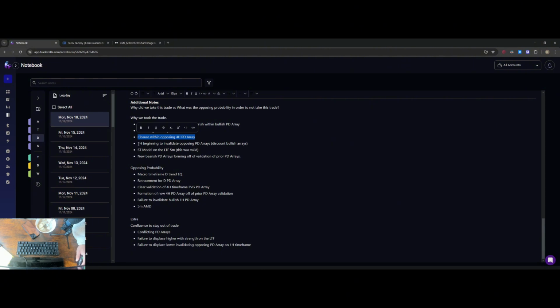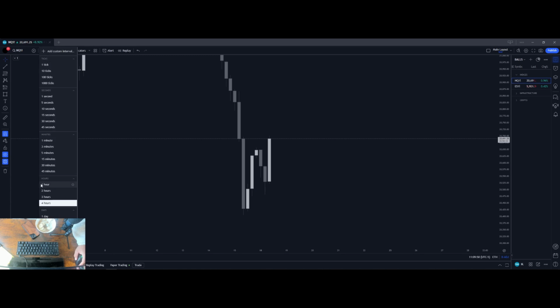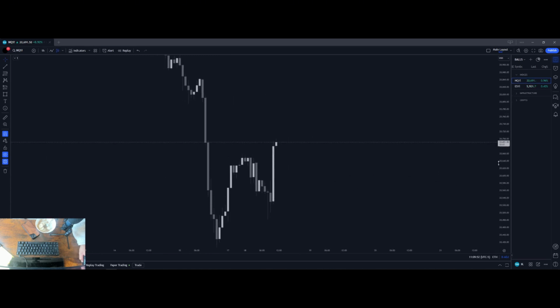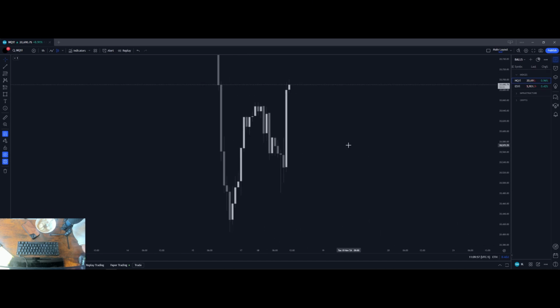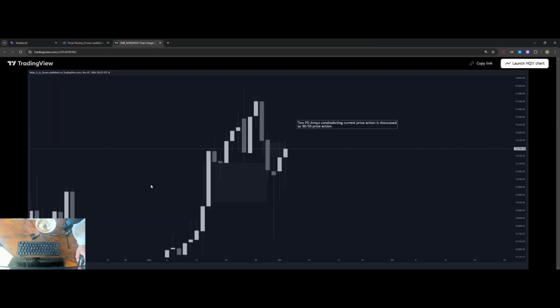Now, hourly beginning to invalidate opposing PD arrays, discount bullish PD arrays. Exact same thing. If we go right here to the hourly time frame, it began to invalidate this bullish PD array we mentioned earlier. Going back to TradeZilla,